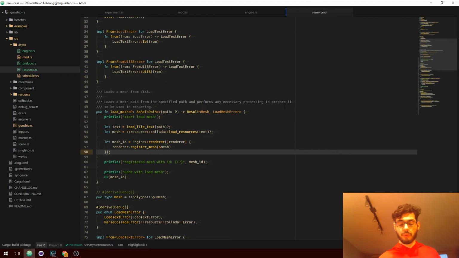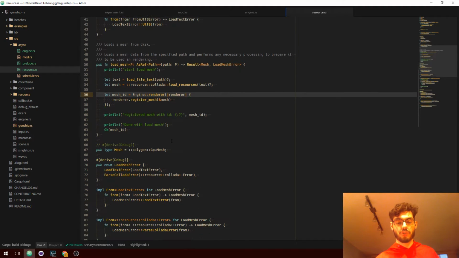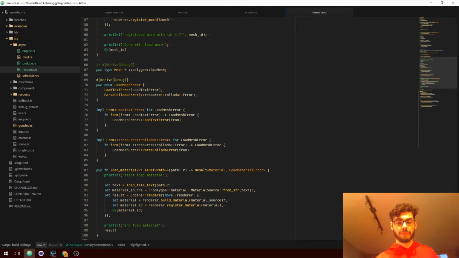And that should work out pretty well, because any render-specific resources like a mesh or a material aren't needed by anything other than the gameplay code until it's time to render. And so as long as we have some way of returning a result to the gameplay code once the loading and the processing is done, we should be good to go.